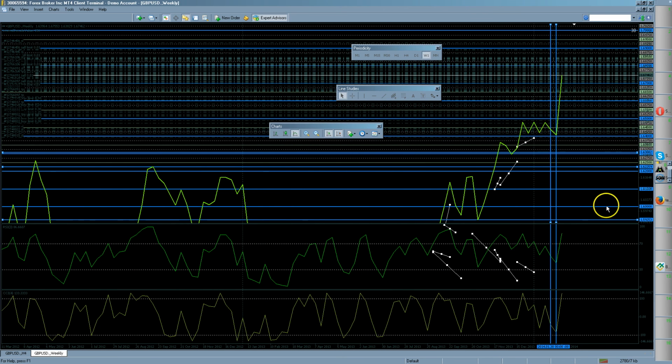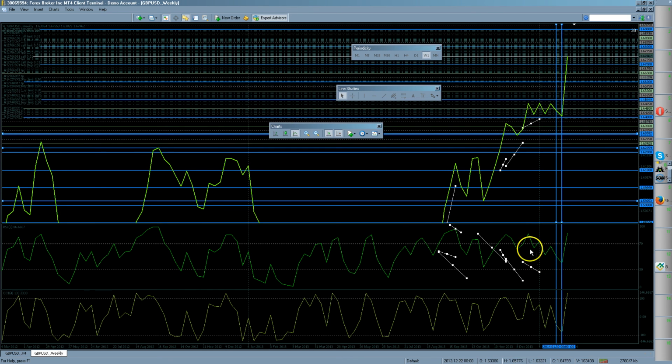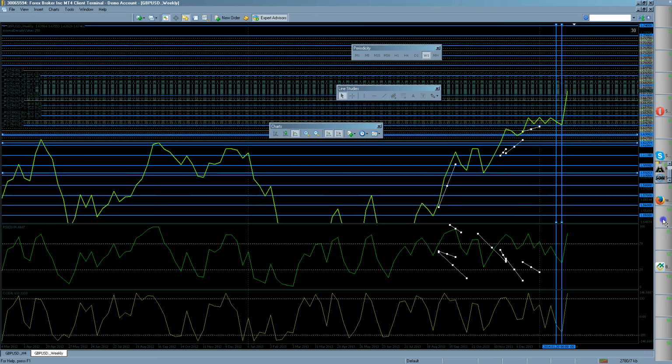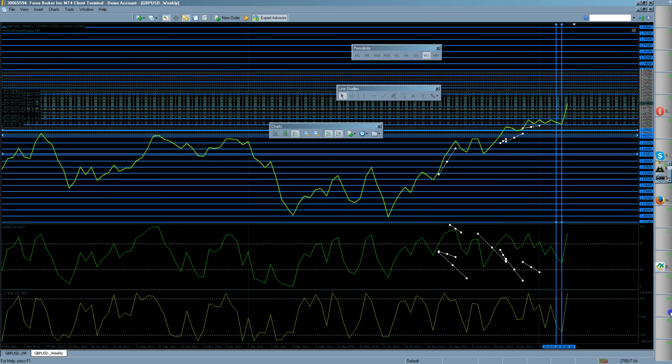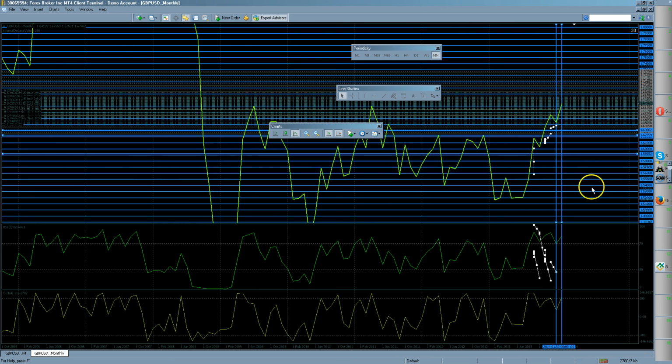On the weekly, you can see this zigzag here is these guys, but it's not the perfect indicator. I guess it's a filter to keep you out of trouble. In the end, it's always going to be about the risk management of it all. But look at that weekly. Of course, here's the monthly, and then the monthly has a stellar